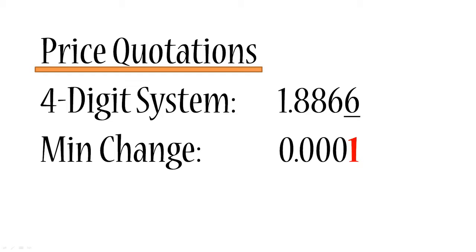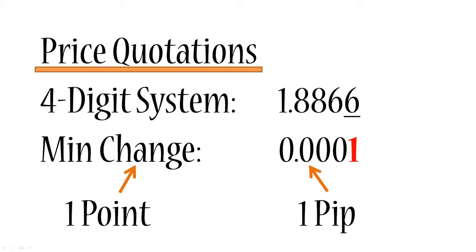0.0001 units of the quoted currency. So the minimum change is always called 1 point. And this value on the right, 0.0001, is called 1 pip. And that's important to keep these things in your mind separately. The minimum change is 1 point, and 1 pip is 0.0001. So in this case, the minimum change is equal to 0.0001, and that means 1 point is exactly equal